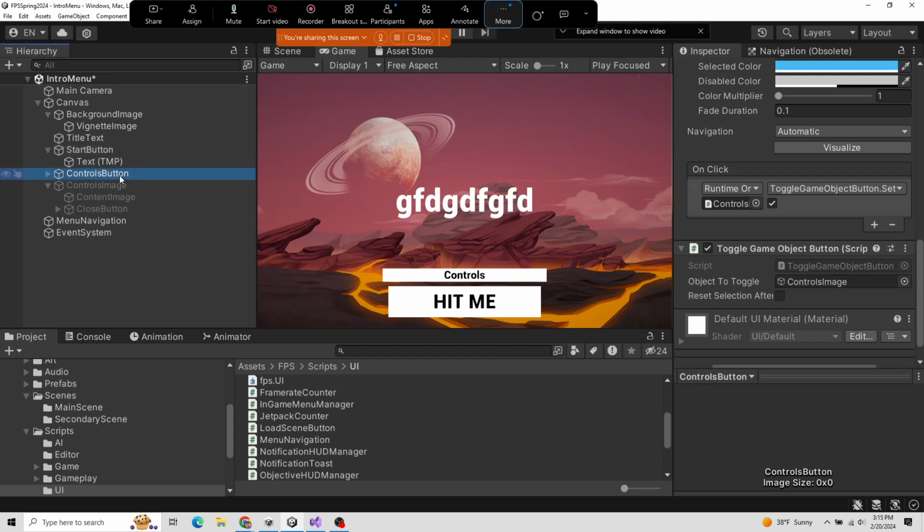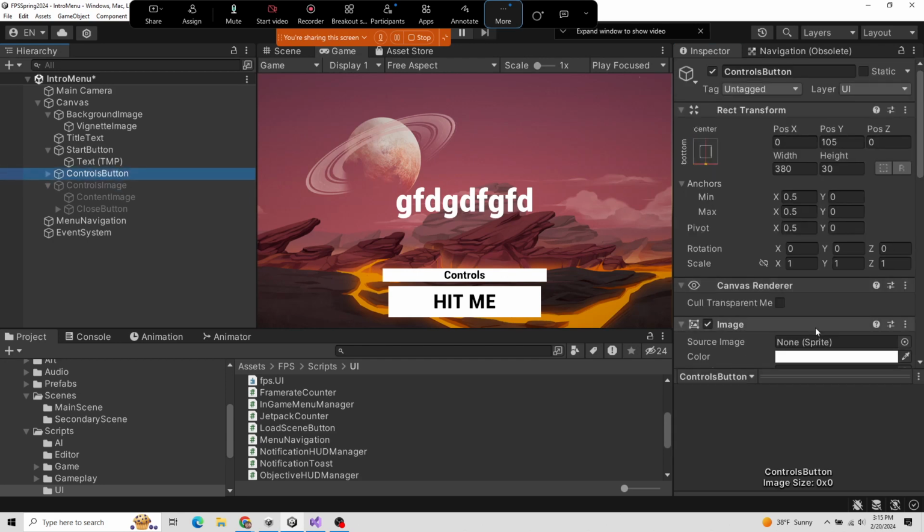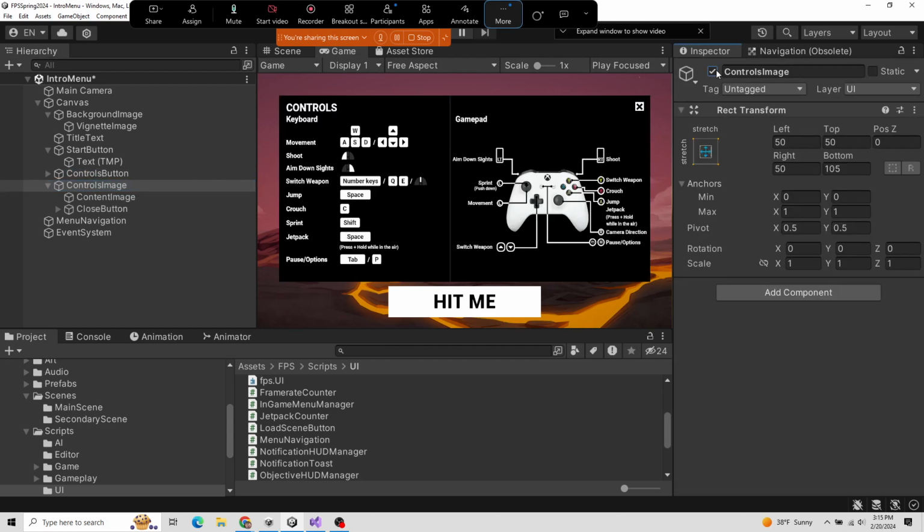So, controls button. When you click it, it's saying, okay, this is the game object that I know about. And when a user clicks it, set it active with true. And so it looks like this. That's all that script is doing. Now this thing